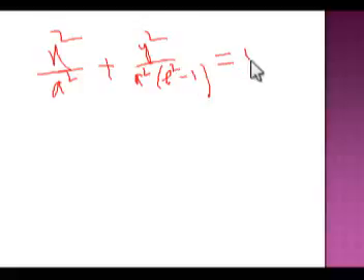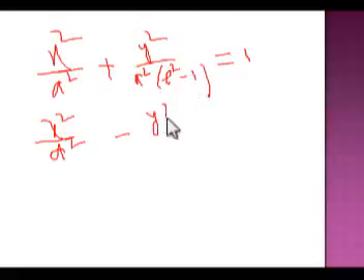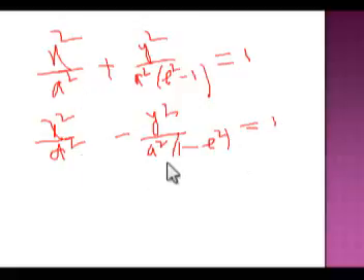You can keep this in this form or can change this in this way, x square by a square minus, taking minus from this, y square by a square times e square minus 1, equal to 1. Now, in the chapter of ellipse, when I made the video on ellipse, I said this